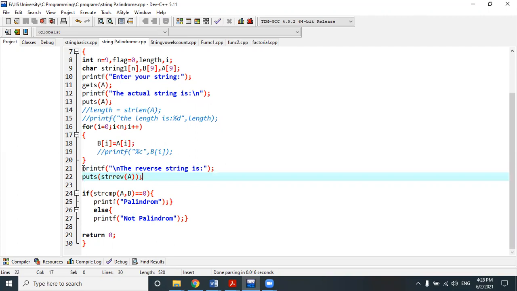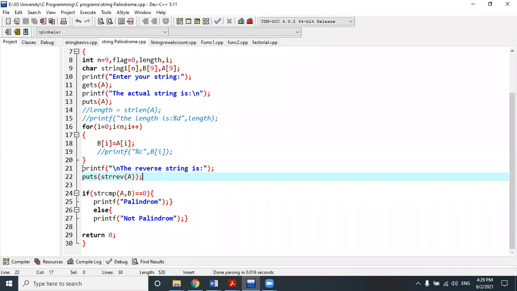If you remember, during the number palindrome program, I wrote one line: old number equal to new number. So I have taken one temporary variable where I stored the actual number before applying the palindrome process. That means before dividing the number into digits with the modulo 10 operation, I stored the number into a temporary local variable.